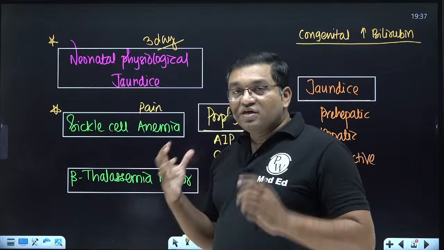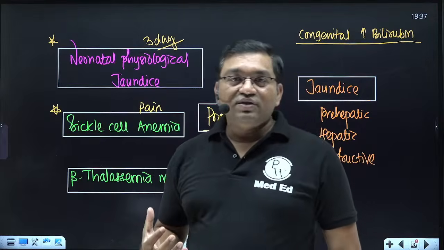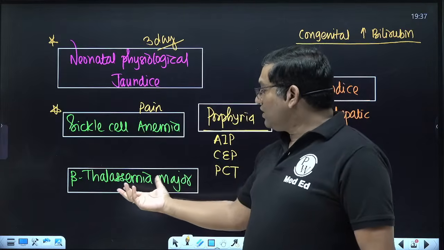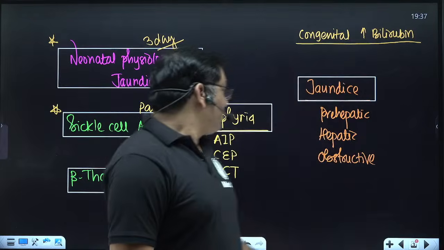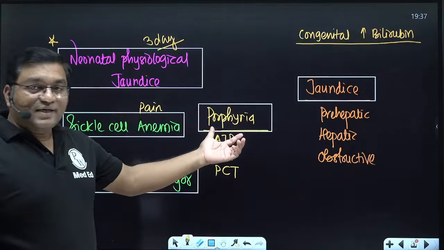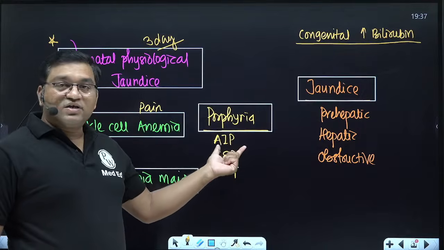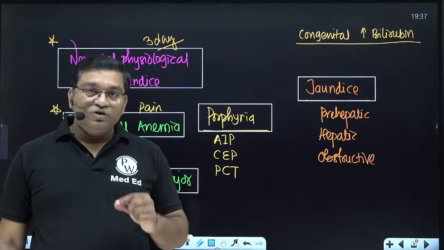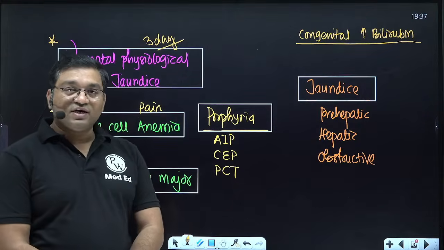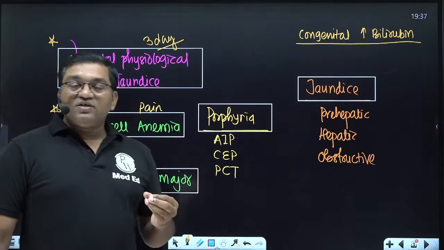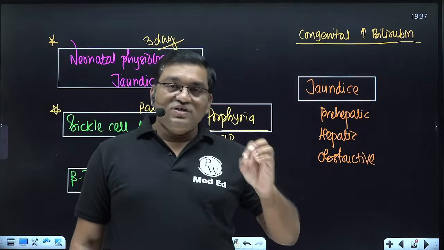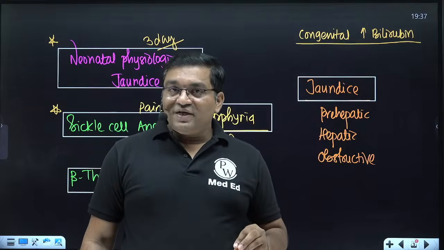So the maxillary overgrowth, frontal bossing will be there, hepatosplenomegaly will be there in the beta thalassemia major. So we'll discuss the case of beta thalassemia major. Then we'll discuss the different types of porphyrias, that is acute intermittent porphyria, congenital erythropoietic porphyria, and porphyria cutanea tarda. These cases we'll discuss. So the predominant symptom in the porphyria is the neurological manifestations and abdominal pain, and some